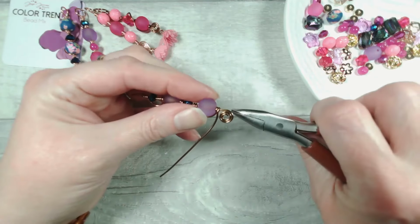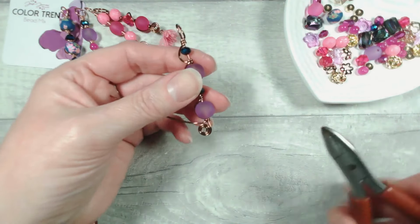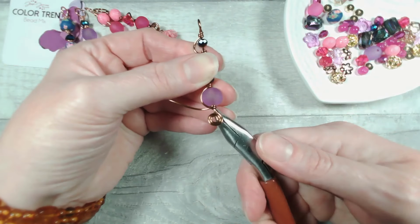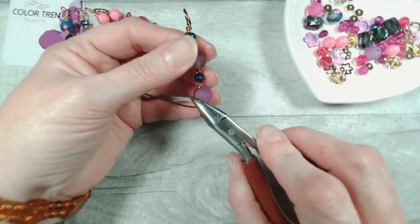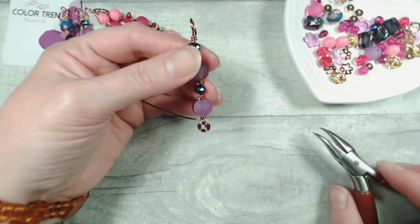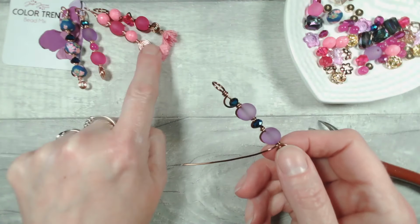And then I'm going to just flick it out to one side, and you can usually do this by hand. If you struggle with that, then just grip hold at that base section and centralise that coil so that it swooshes out nicely, and it almost looks like a continuation of the wrapping wire from this angle, which I really like. So another thing that you can do, you can either stack your coils like I did in the